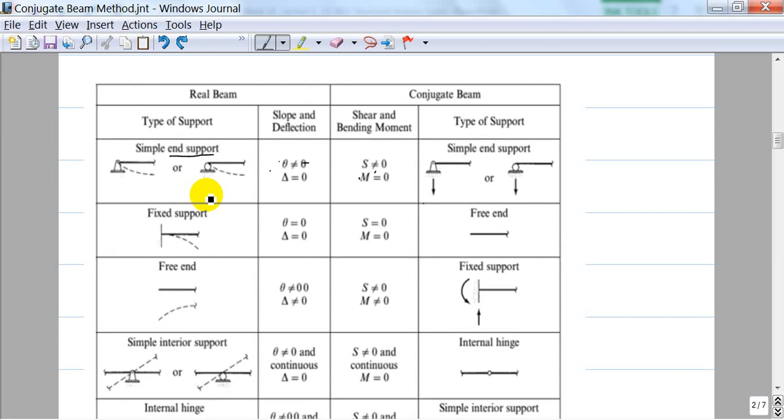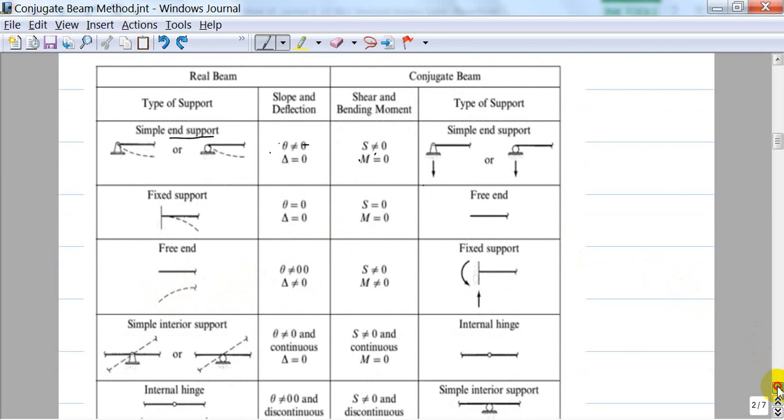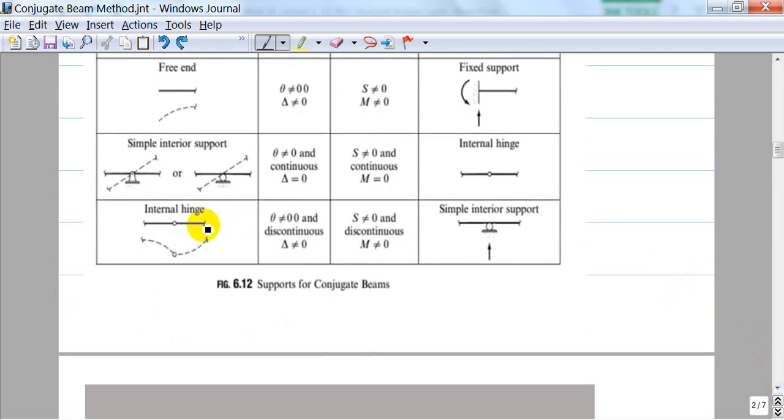And if it's a free end in a real beam, that means you have some slope and some deflection, so in the conjugate beam you have moment and shear force. If you want to have a moment and shear force at a support, that support should be a fixed support. Okay, then if it is an internal pin or internal roller,